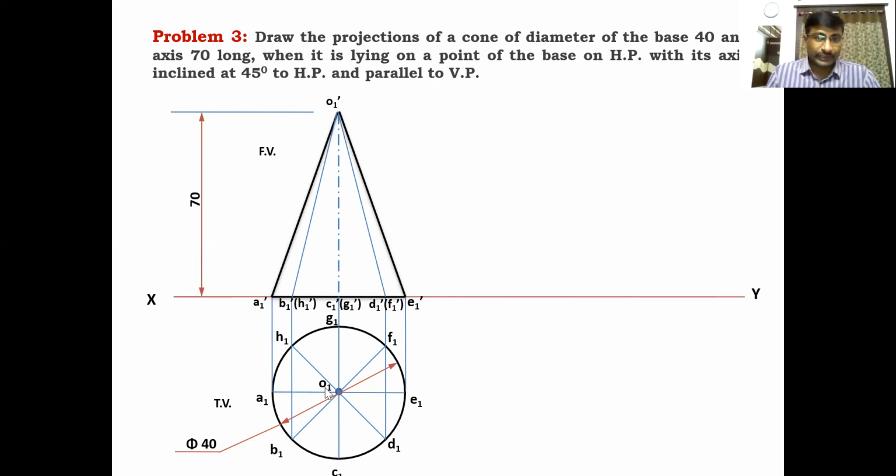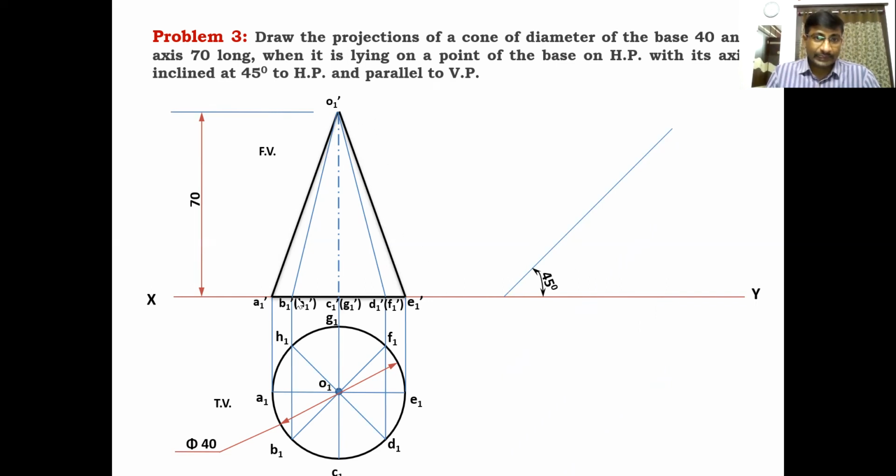After getting these two positions, when the axis is perpendicular to HP, these two are formed. But here in this problem, the axis is not perpendicular to HP, but the axis is inclined to HP. The axis is inclined at 45 degrees. So locate any point on the XY line and draw a 45 degrees line. Locate any point some distance from the initial position, and draw an inclined line which makes an angle of 45 degrees with the XY line like this. So this axis line must be on this inclined line.